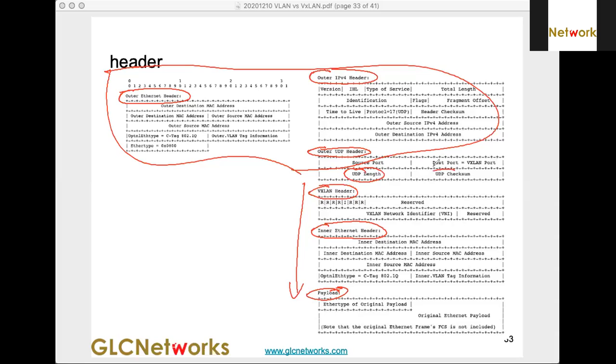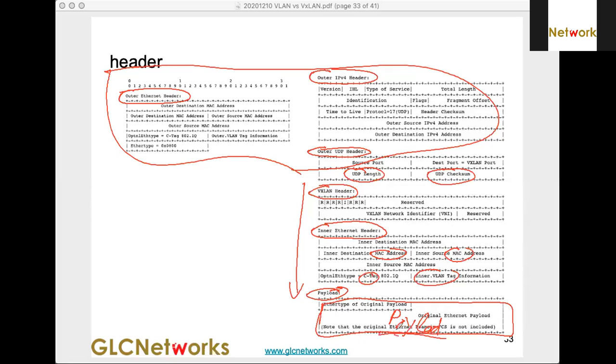Here's the UDP, and I forgot the port number. I think it's 4000 something. And then inside we have the internal MAC address, the Ethertype, the inner VLAN tag, and then here's the original payload.